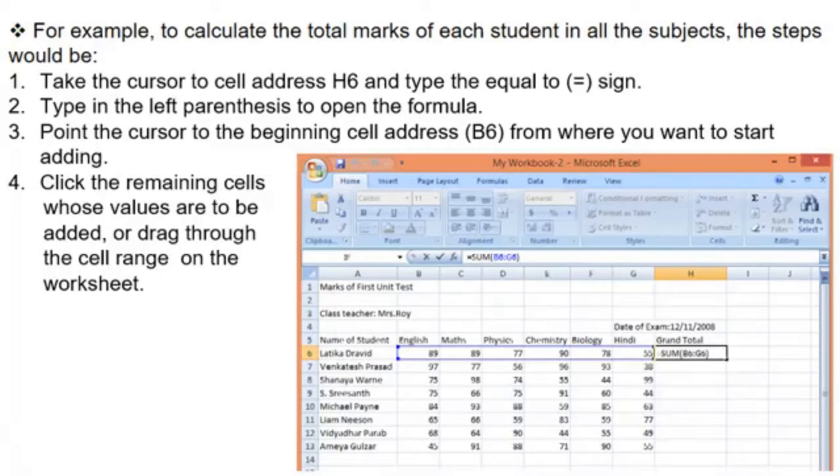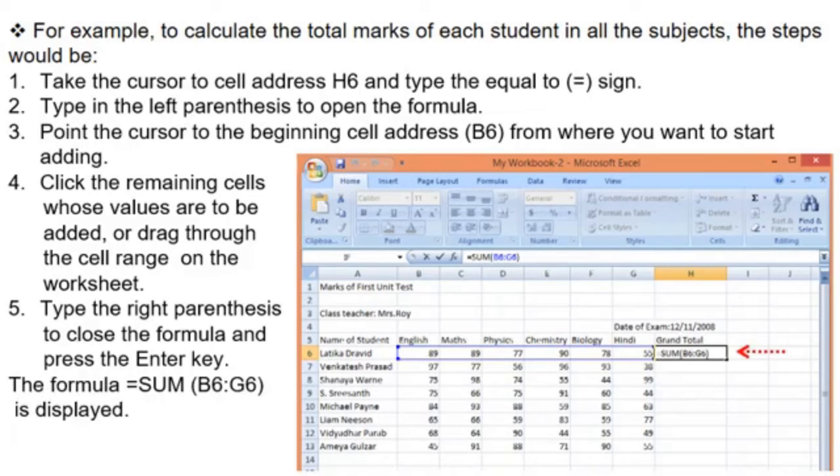Click the remaining cells whose values are to be added or drag through the cell range on the worksheet. Type the right parenthesis to close the formula and press the enter key. The formula equal to sign SUM B6 colon G6 is displayed.